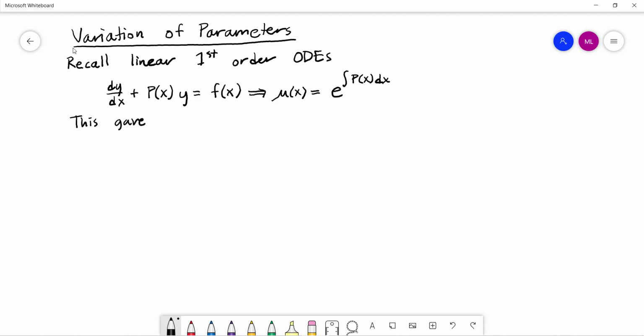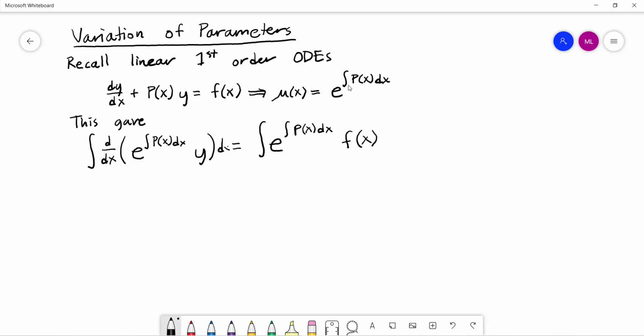So after we found this integrating factor and multiplied everything through, on the left-hand side we would wind up with something that looked like e to the integral of p of x dx times our y. It was a derivative of this basically, and you could product rule this out and it would expand to look like this left-hand side times the integrating factor. And on the right-hand side, we would have the same integrating factor, e to the integral of p of x dx times our f of x. And at this point, we would integrate both sides